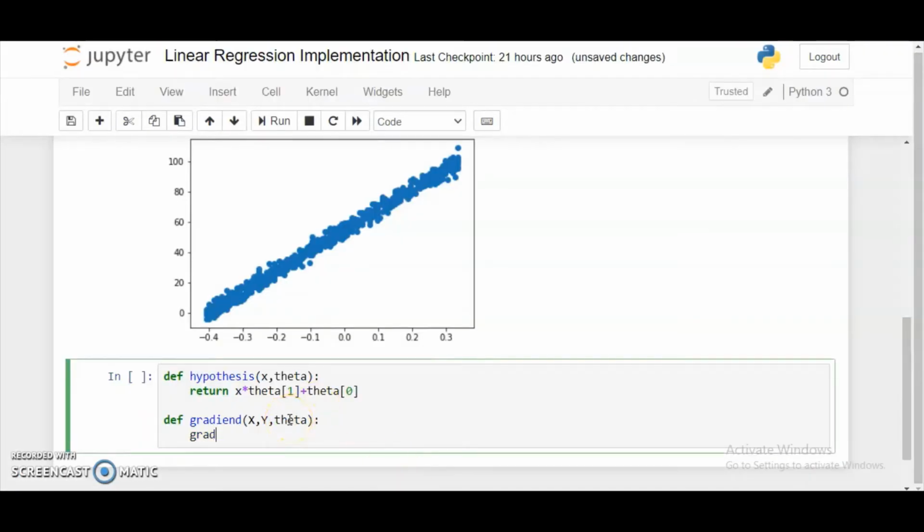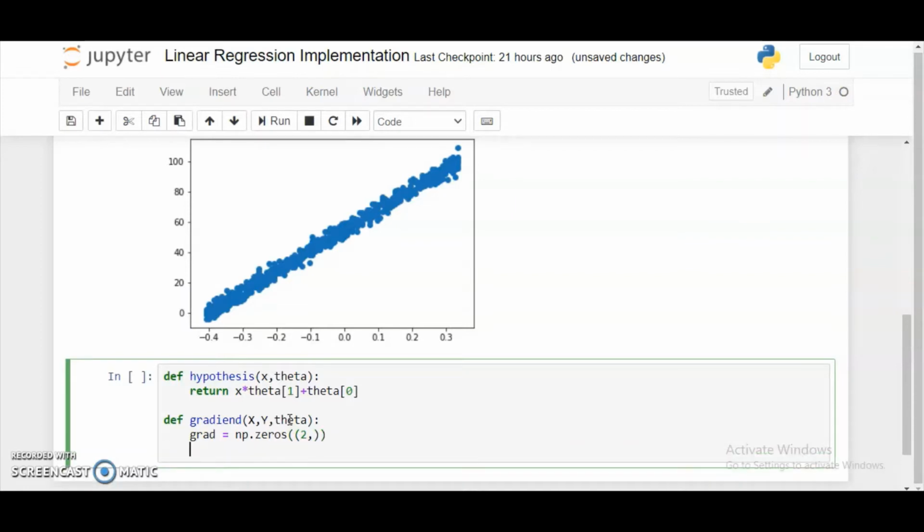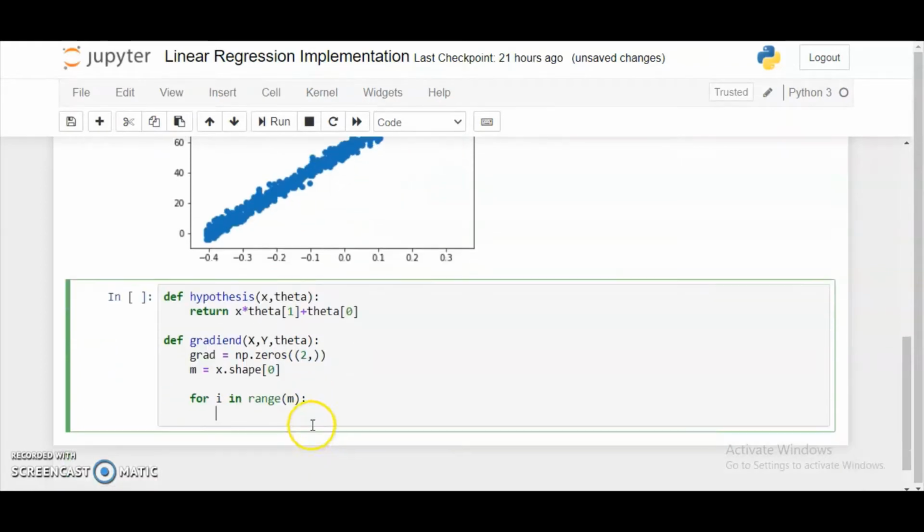For that, I'll be defining grad to be np dot zeros 2, right? You need to import the numpy library for that, for sure. And the next thing, I will be calculating the shape, so that will be x dot shape 0, right? Now for i in range m, right? So okay, grad 0 would be plus equals to that would be